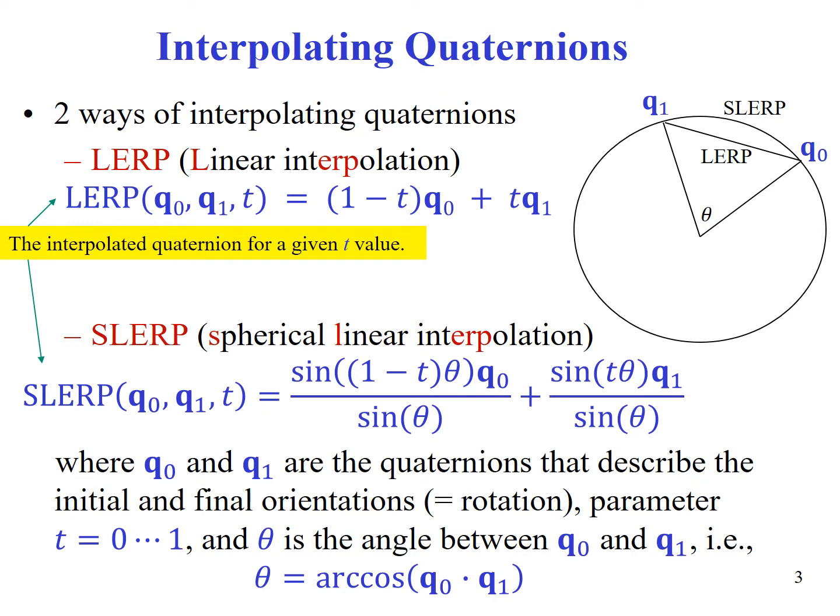Now, one of the advantages of quaternions is that they can be used for animation, and to animate we would need to interpolate the quaternions. There are two ways of interpolating quaternions. One method is called LERP, that is the linear interpolation, and the second method is called SLERP, which is spherical linear interpolation. So linear interpolation is simply moving from Q0 to Q1 in linear steps, whereas SLERP, spherical linear interpolation,